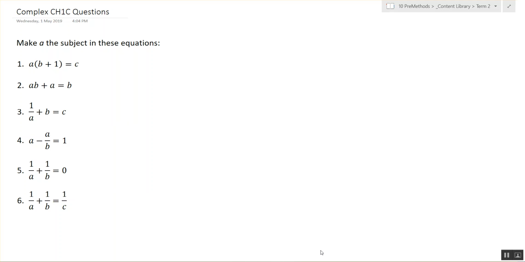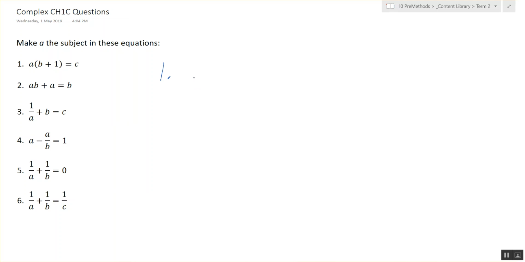Hello, welcome. Today I'm going to do some algebra skills. I'm going to rearrange to isolate a variable a. So the question is asking make a the subject in these equations, which means make a isolated. Okay, so for question 1,